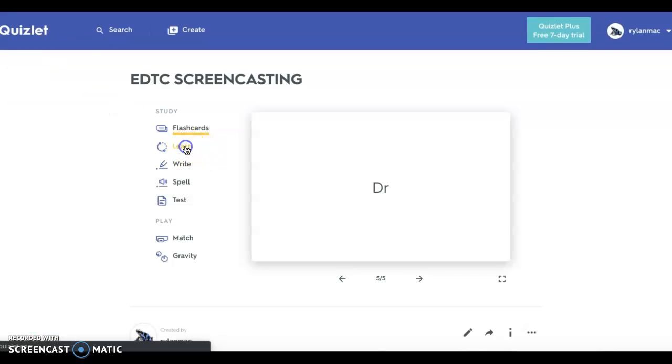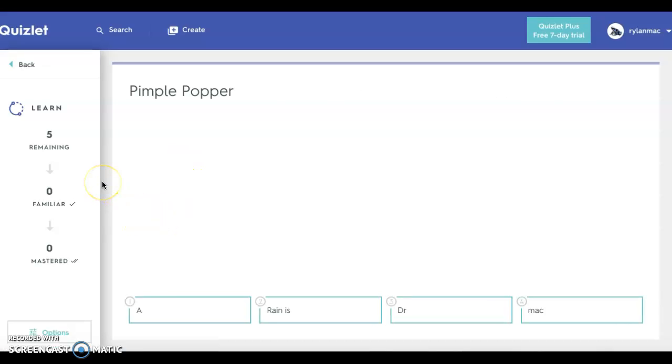The next option is learn. For this one, it gives you multiple choice options or fill in the blank options, and it kind of creates a way for you to memorize these terms. Once you get it right the first time, it'll move on to familiar right here, and once you get it right a second time, it'll go to mastered. So for this one,